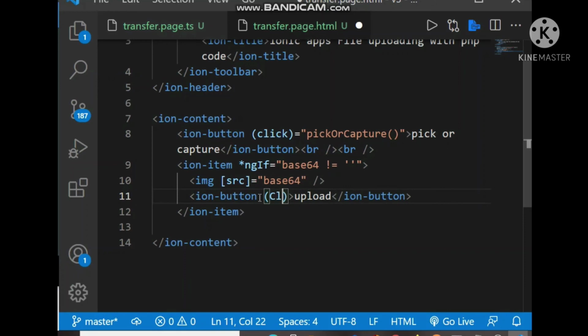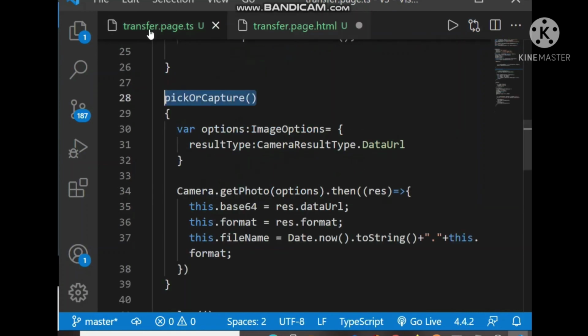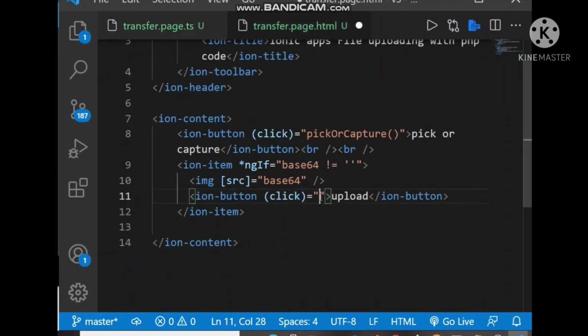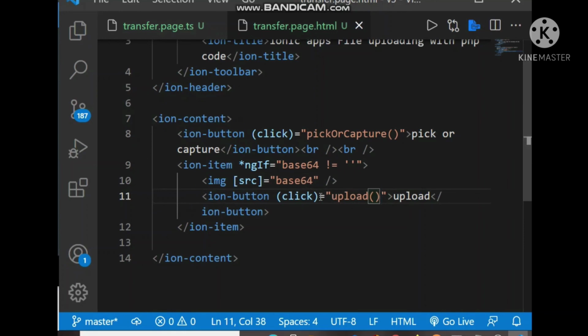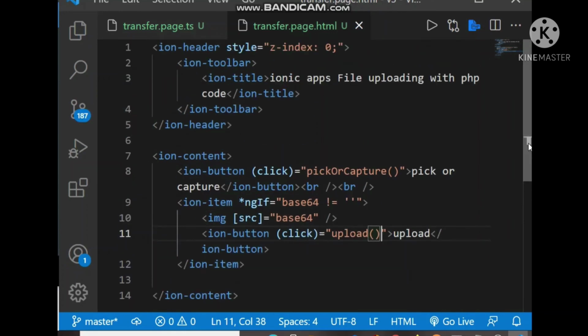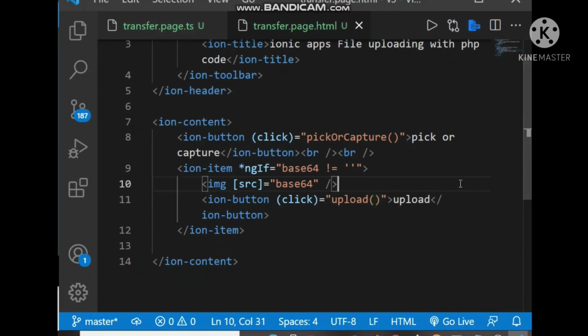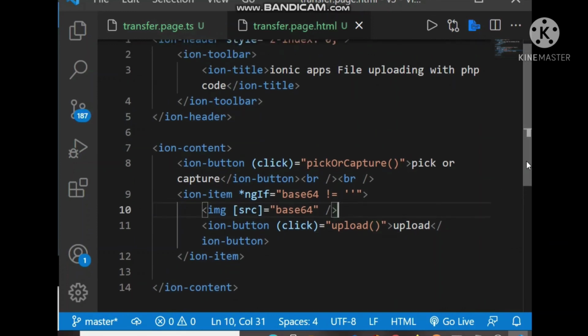On click, we will use this upload method to upload. So finally we have built the HTML also. Now we have to test on a phone, an Android phone. So let's test.